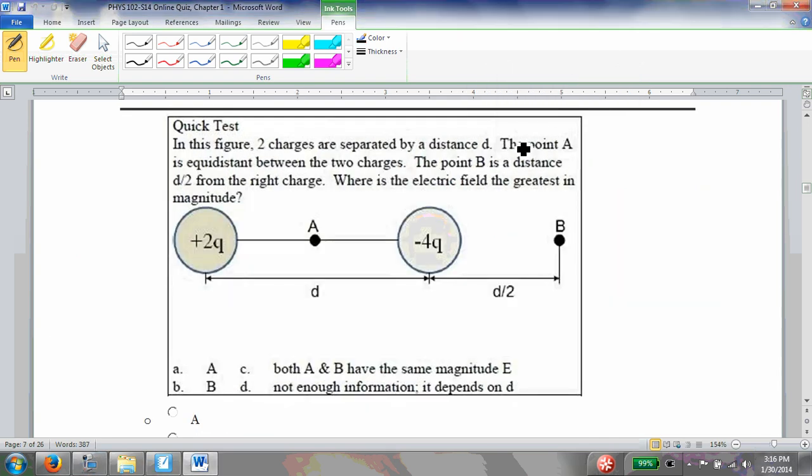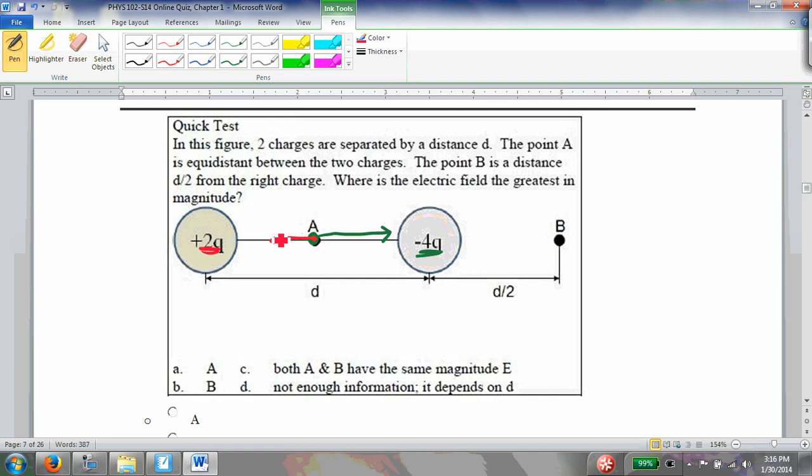All right, let's look at this next one. I have two charges separated by a distance d. I have 2 points A and B, and I want to know where is the electric field the greatest in magnitude. So in this, you need to be able to draw the electric field vectors and draw them with relative lengths, like which one is bigger or not. So, for example, here, I have at point A, due to this charge, an electric field that is in this direction. And then, due to this charge, I have an electric field at point A that is half the